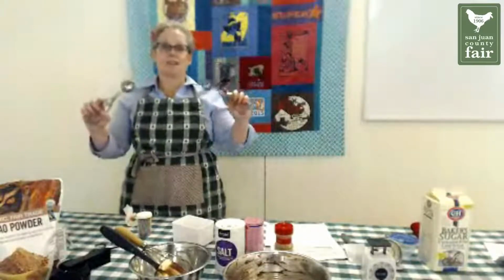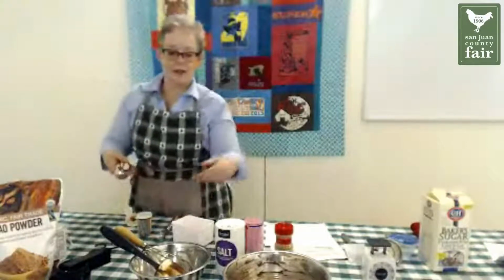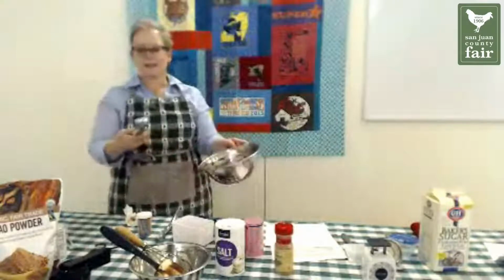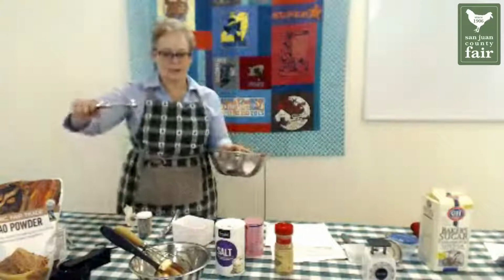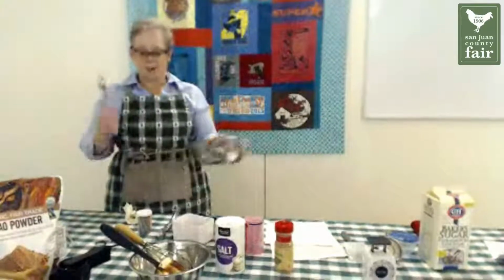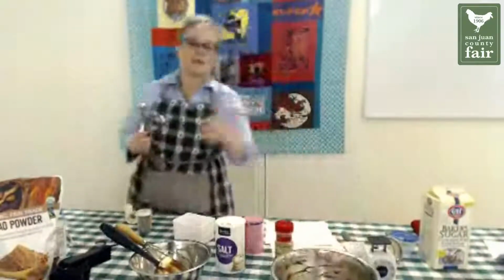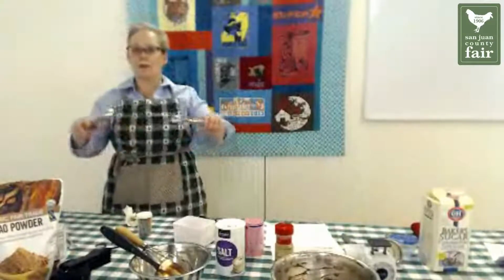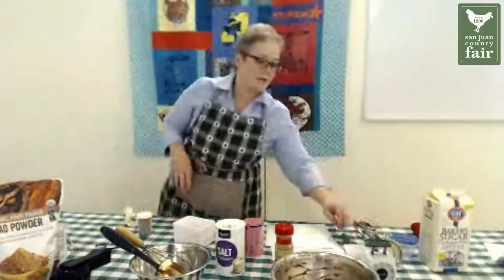They're called cookie scoops. And that way, when you do a cookie, you can take the batter and drag it against the side and they all come out absolutely even. And then you drop it on your cookie sheet. So having some scoops that make it really even, again, the more even the cookies are going on your pan, the more evenly they will all cook. The other is having